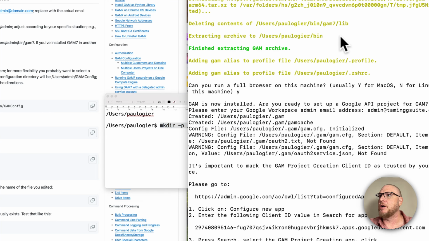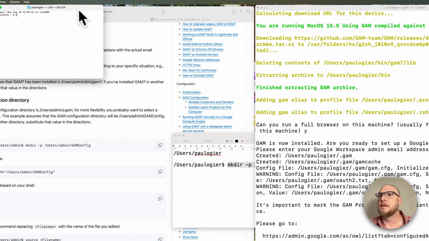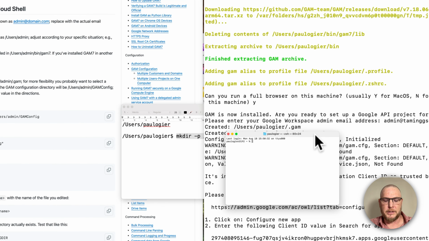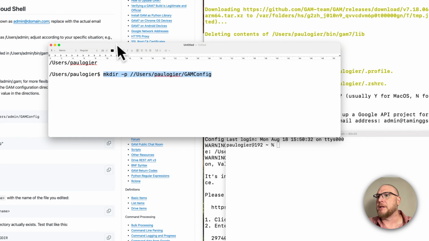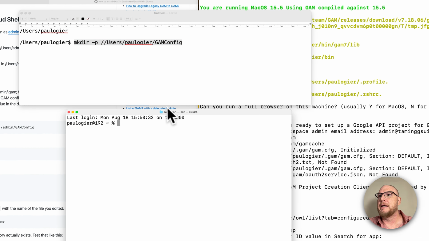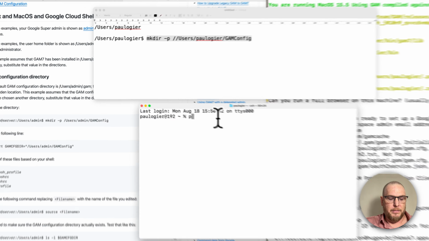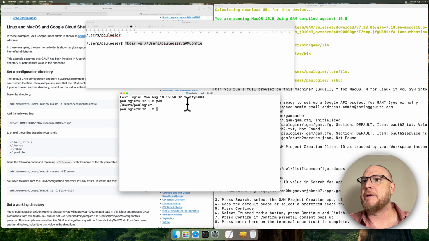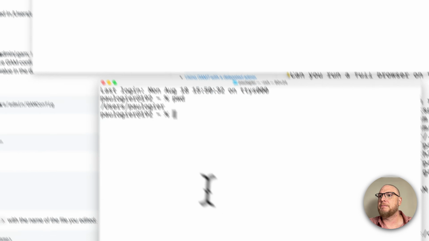So let's now open a new terminal. If you've got your terminal, you can right click on it and say new window. Let's make this a bit larger and bring this over here. So we're going to go into this. If we're on users Paul Auger, and if I say pwd again, I am in users Paul Auger. So I'm going to copy this and say make directory